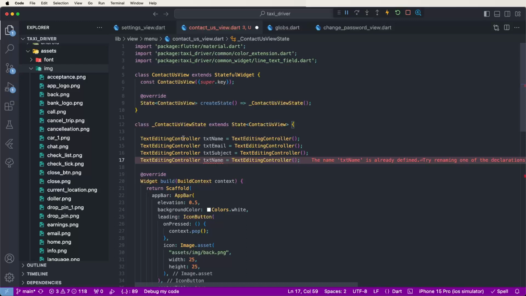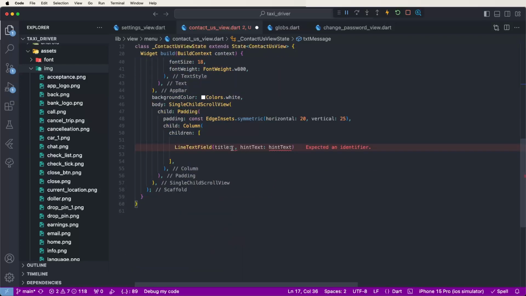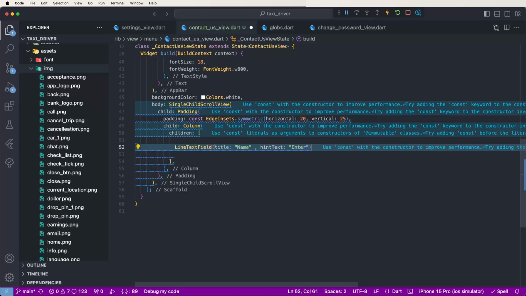Last one is message. Like this we need to write down, and now need to give the title, need to set the name. In text need to set enter name,